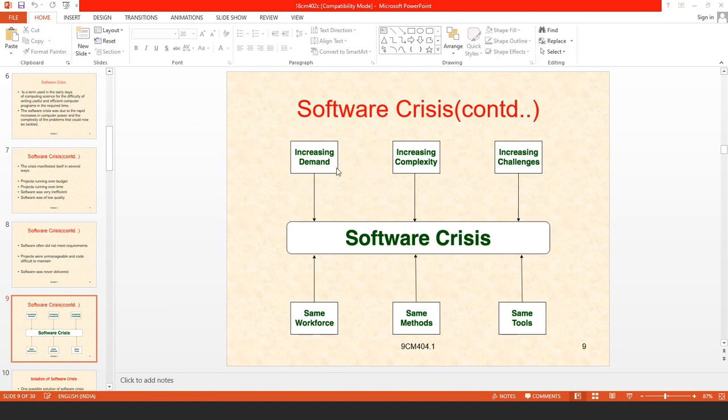Day by day, the demand of the software is increasing, the complexity of the software is increasing, and the challenges are increasing because of the competition.